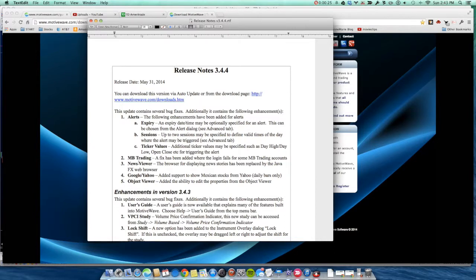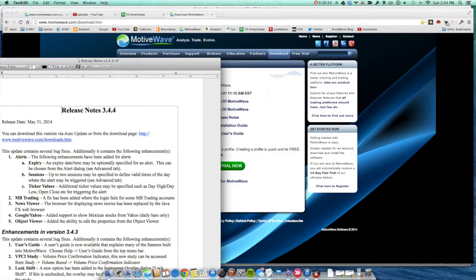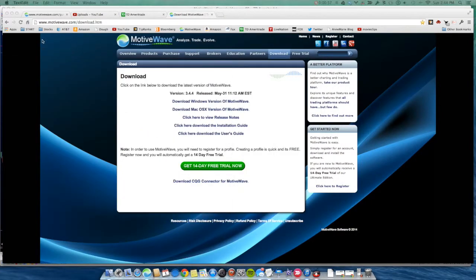I can tell you also that there's been some improvements for people who trade using MotiveWave and use TD Ameritrade for their broker. There's some fixes there to support options trading, triggering off alerts. The news viewer has been improved. Google, Yahoo added support for Mexican stocks, and the object viewer added the ability to edit the properties from the object viewer. So I'm going to go through all of those updates for you, and we're going to start with